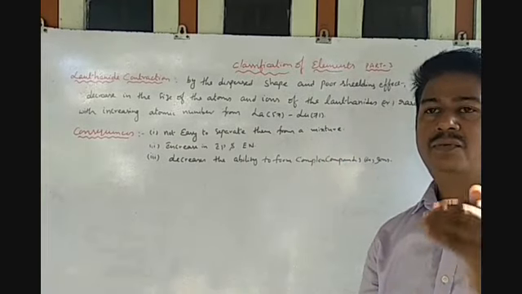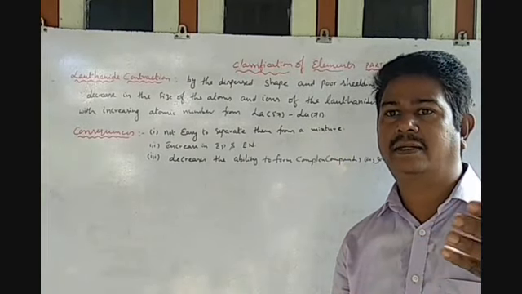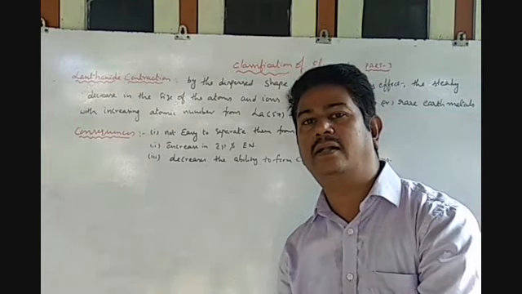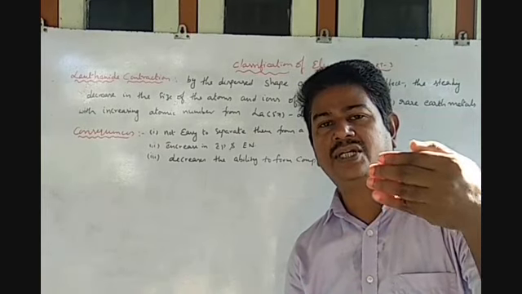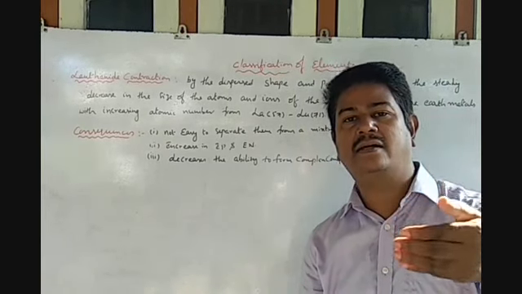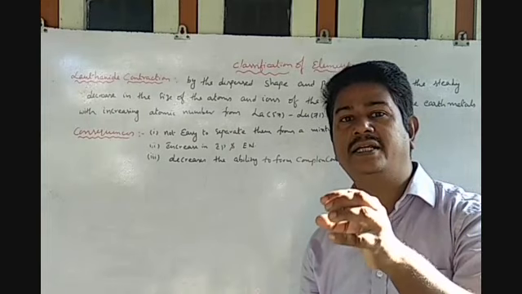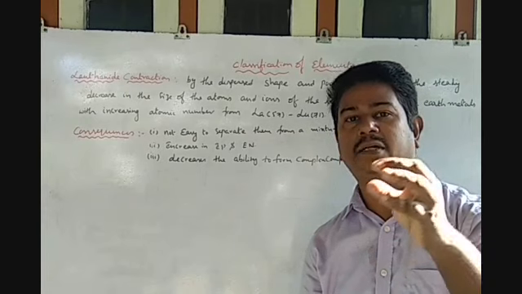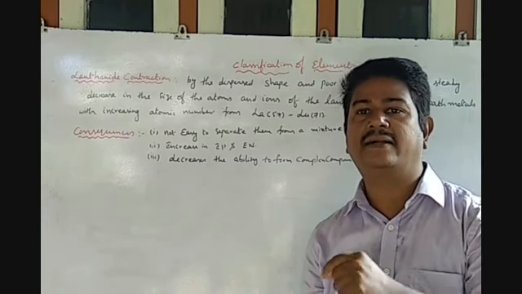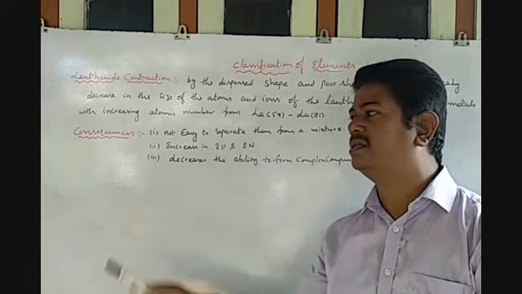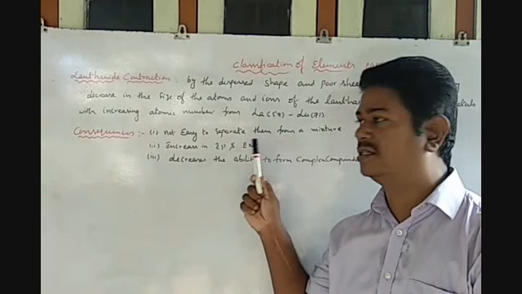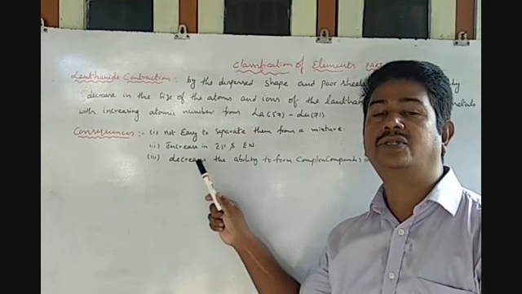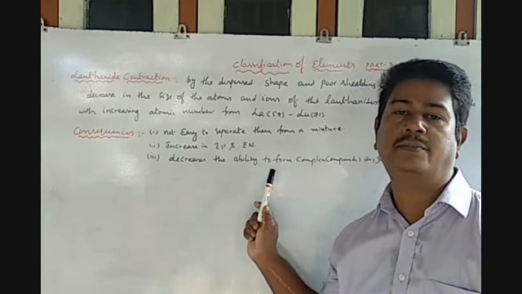So in total, what we discussed about lanthanide contraction is that, due to the dispersive shape of the f orbital and the poor shielding effect, the steady decrease in the atomic radius of rare earth metals like the lanthanides as the atomic number increases is called lanthanide contraction. Due to the contraction, it is not easy to separate them from their mixtures, the ionization potential and electronegativity values also increase, and the ability to form complex ions or complex compounds decreases.